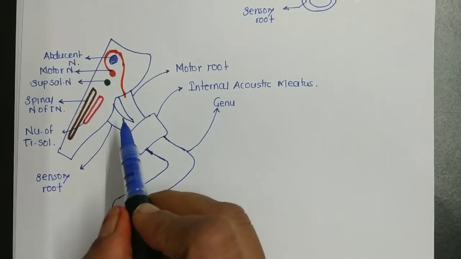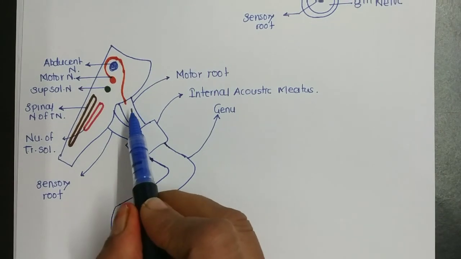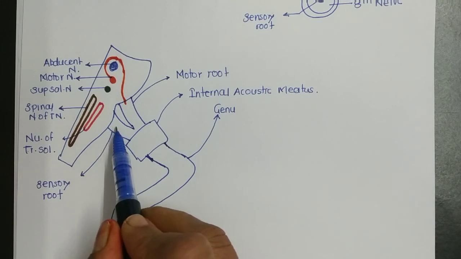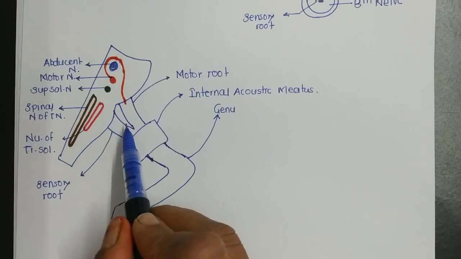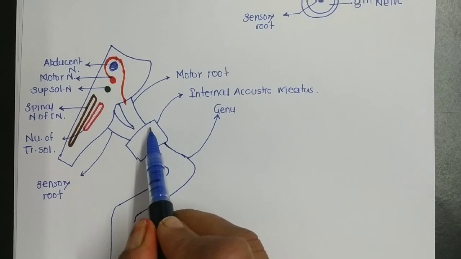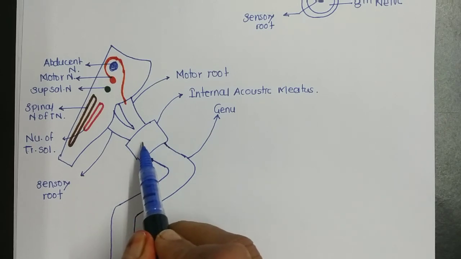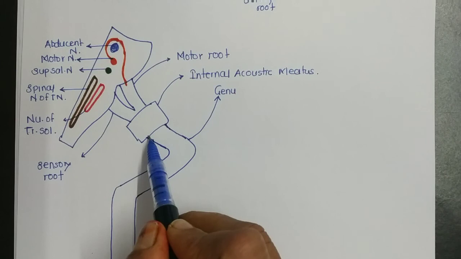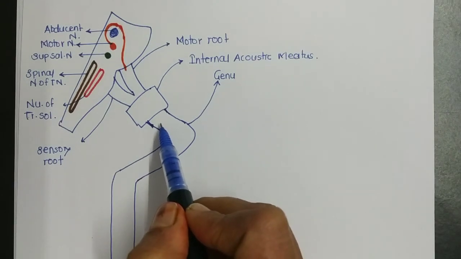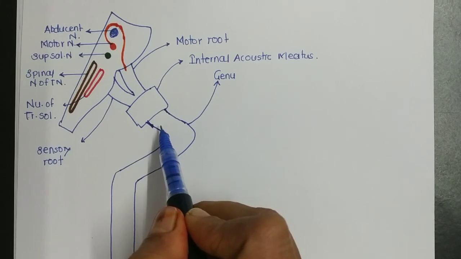So what we have seen, the facial nerve arises by 2 roots, motor root and the sensory root, from the ventral aspect of brainstem. After emerging from it along with the 8th nerve, it goes to the internal acoustic meatus. Then at the bottom of the internal acoustic meatus, it forms a single trunk and leaves the company of the 8th nerve. And here it enters the bony facial canal.